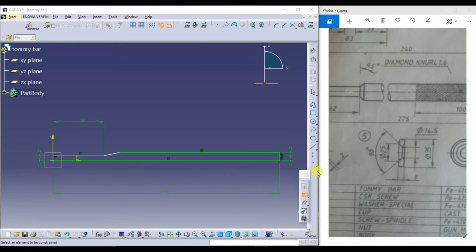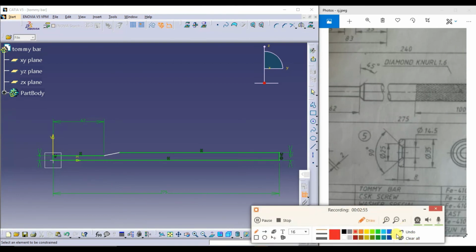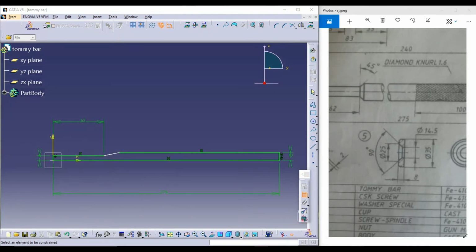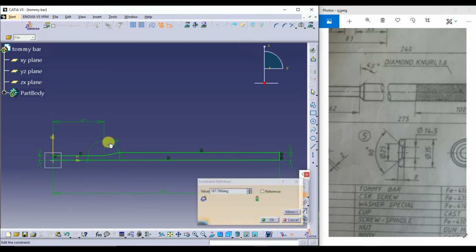So I'll go for the angle between this, which is 135 degree.